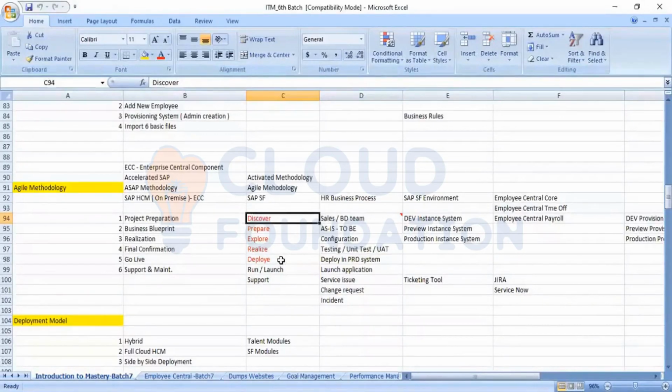In the meeting they discuss what the requirement is, what the team size is, what skills and resources are required, and whether they need an on-site team or an offshore team. The entire team will be decided by the sales team in coordination with the company's product team.